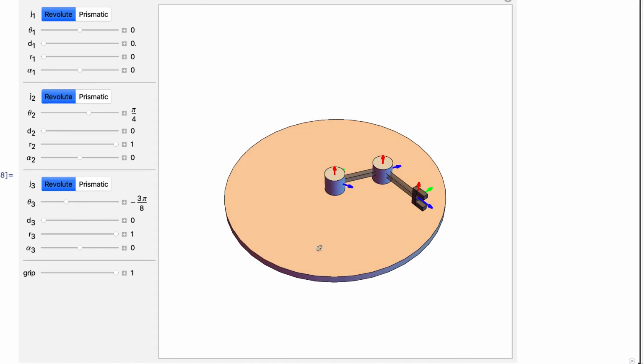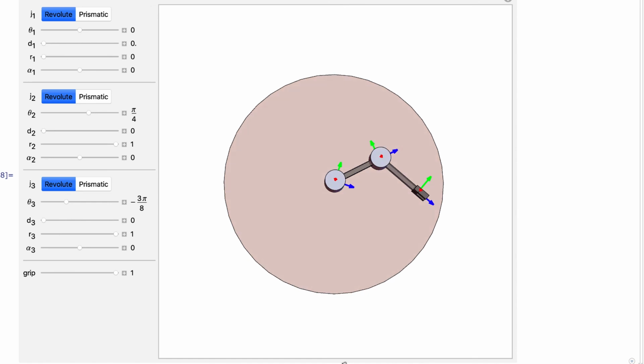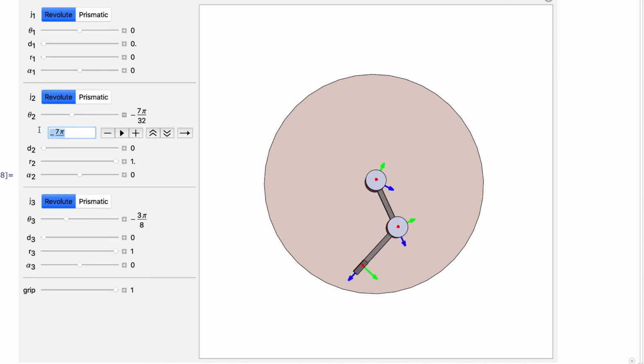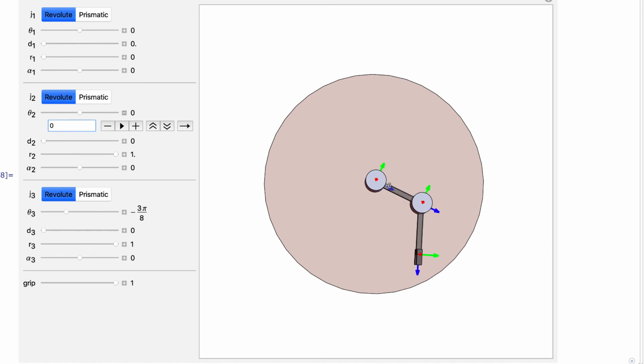And then we rotate this, and we've got our two-link robot. And so the radial distance, this is a parameter, but it's set here for this one. And then our joint that we can move as we rotate, if I set this to 0, then you can see that my x-axis is aligned. As I increase that,